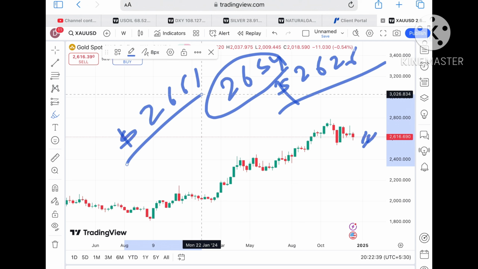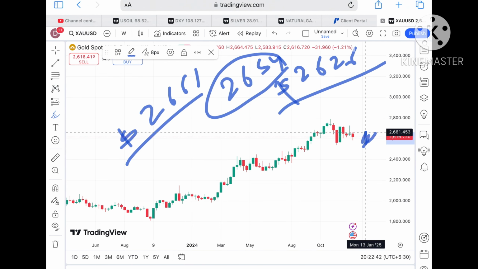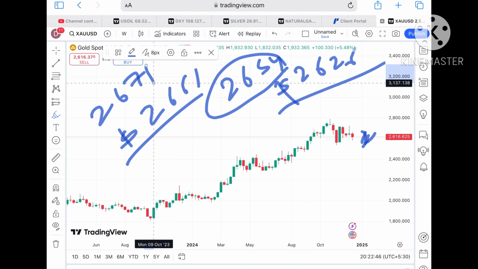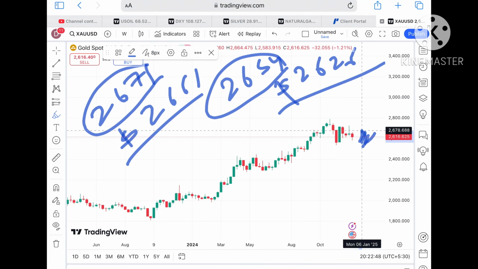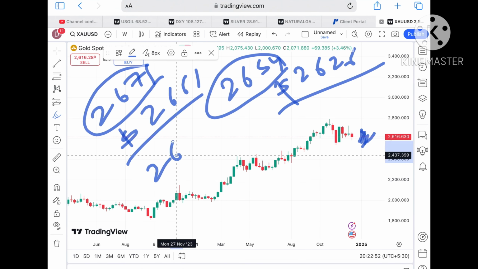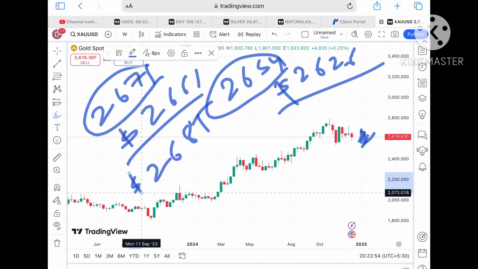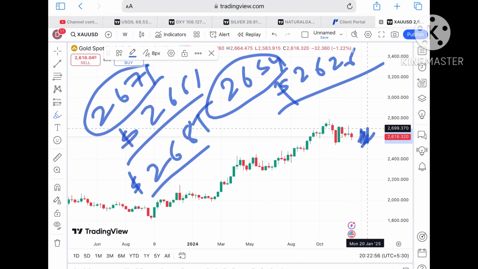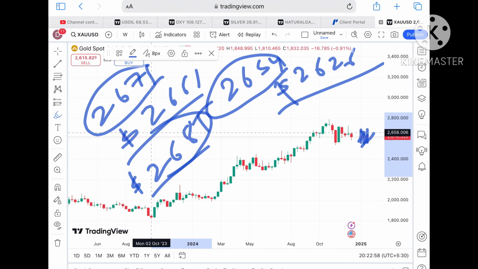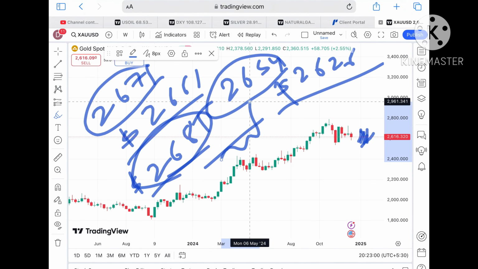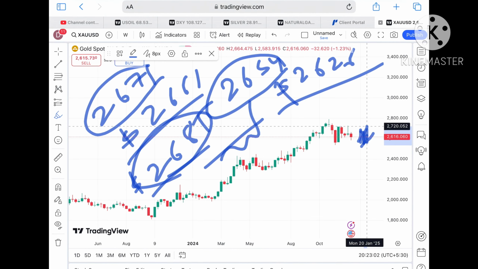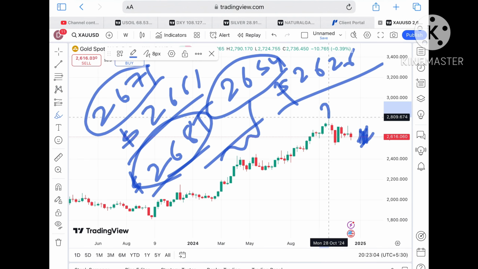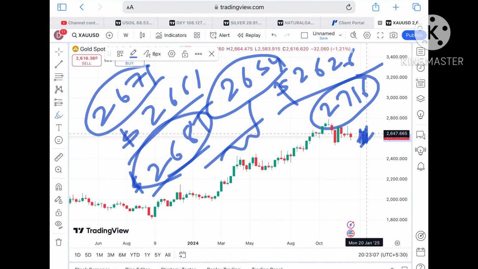If the price sustains above that level, we can see a level of 26.61. Once the price moves above the level of 26.61, we can see a probability of touching 26.71. And if the price moves above that particular level, there is a chance of crossing a level of 26.85. If that sustains, we can see a further upside towards a level of $27.13. But if the price sustains above level 27.00, chances are very high it can go towards a level of